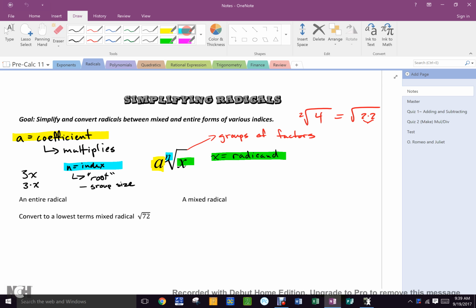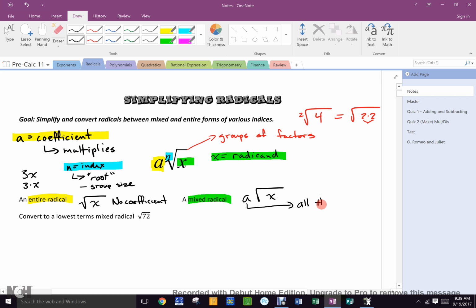Okay, so we got down to these two terms, an entire radical and a mixed radical. That's where we got to. An entire radical is this: symbol, radicand, no coefficient. A mixed radical is one of these: coefficient, radical sign, radicand. All right? And this A